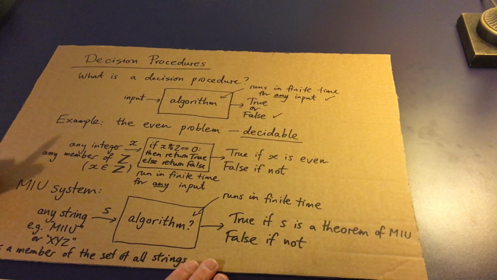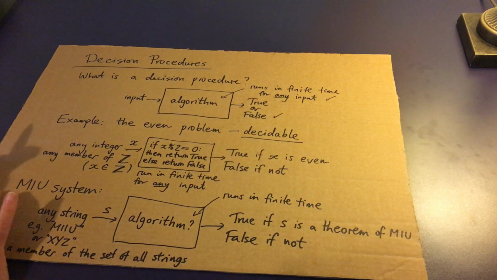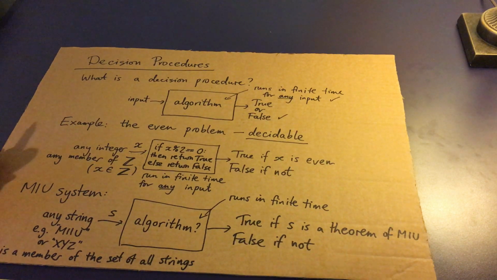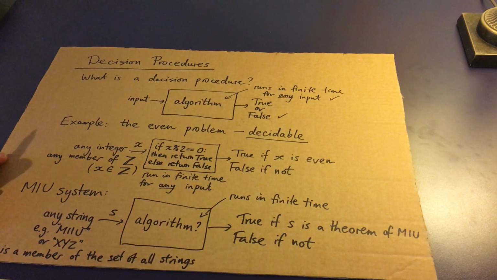for doing this, then the MIU system, the MIU problem, is decidable. The question I'm posing to you is, is the MIU system decidable? And the way that you'll show that is by coming up with an algorithm for me that can return true or false for any possible input. Now for MIU, that's fairly difficult, but I'll show you how easy this problem can be with another simple little